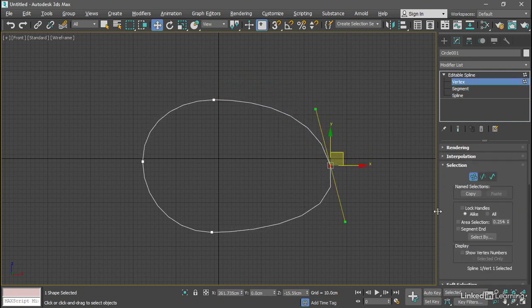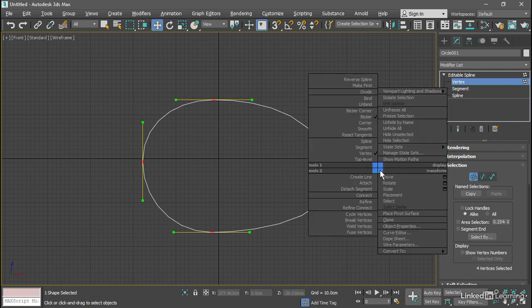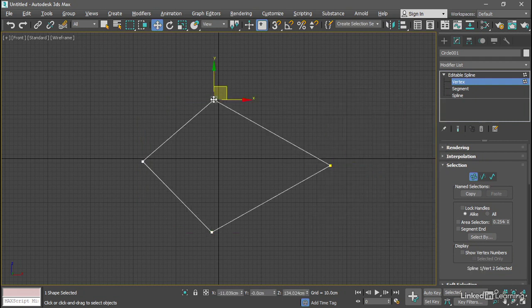I'll go back to vertex component mode or subobject mode. These are all Bezier points currently, but we can convert those to different vertex types. So for example, I can draw a selection rectangle around all of those, and once again access the Quad menu. Right-click in the viewport, and in the upper left quadrant, in the Tools 1 quadrant, we have the vertex types. And we've got a checkbox next to Bezier currently. If I choose corner, then we'll get hard corners on each one of those vertices and straight lines for each